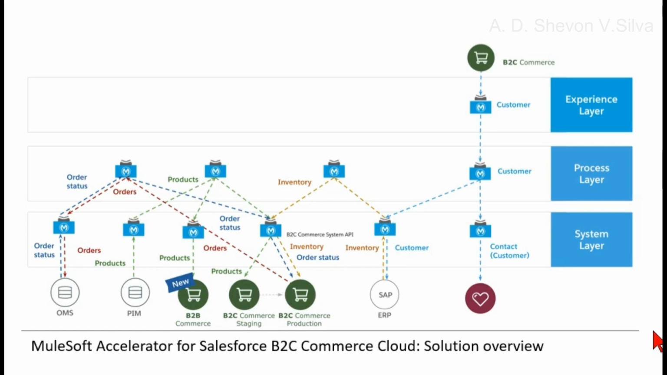Salesforce B2C commerce system API. Here you can see the B2C commerce API. The B2C commerce system API exposes product, orders and inventory data